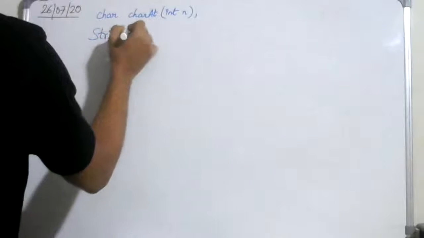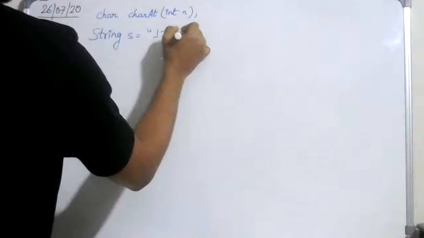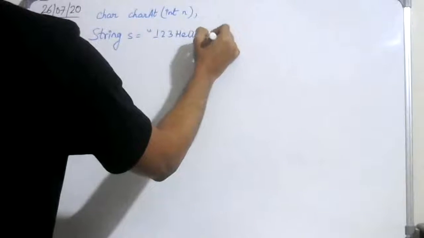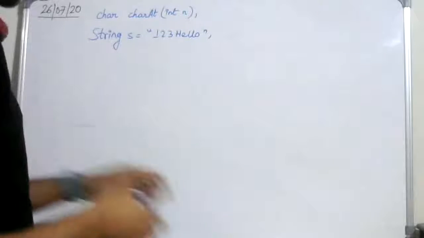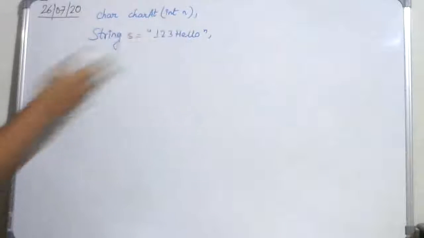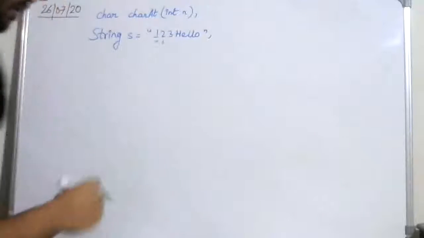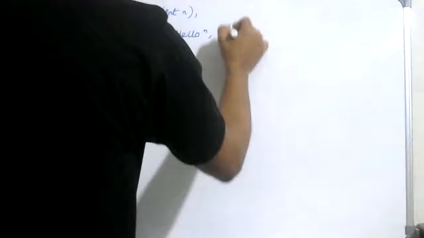So let's say I have this particular string: one, two, three, hello. Now, contrary to the length function, let's index this according to array indexing. So I'll start by numbering it from 0, 1. I don't know if it is visible. Let me draw an array for you so that it's much more clearly visible. So if I represent this string as an array,